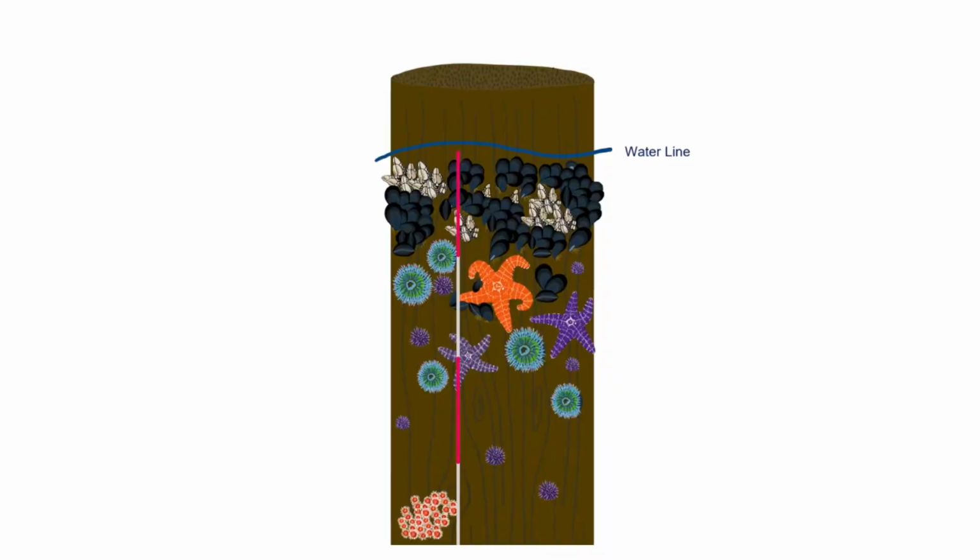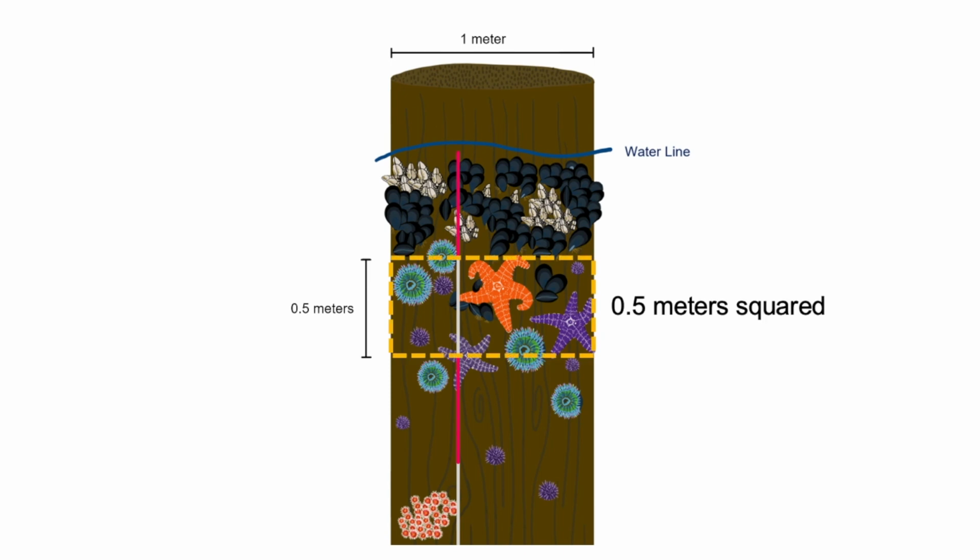Here is a schematic of the pier piling you will look at while underwater. There will be alternating sections of pink and white or yellow, with each section representing 0.5 meters. Since the pier piling is 1 meter wide, the area we will survey for each data point will be 0.5 meters squared. During the survey, you will count how many sea anemones, sea urchins, and sea stars you observe within